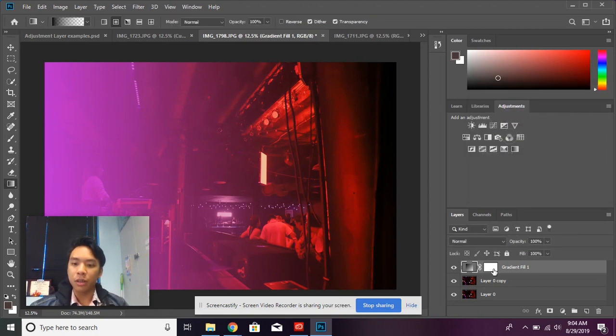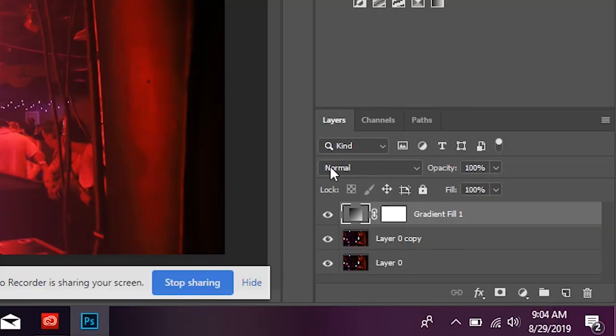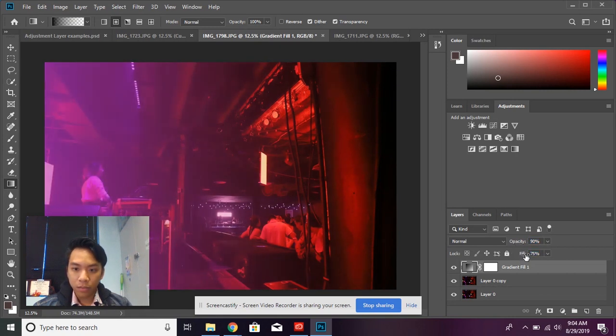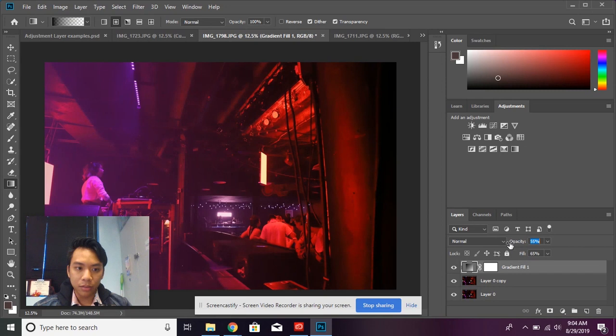This is especially important for the gradient tool. You want to play around with the blending modes down here and the opacity and fill, so my friend can actually appear in the picture. So we'll just lower the opacity like this. And the fill, we'll just have to play around with it until we get the desired effect, right around 50. And just like that, we get a desired gradient